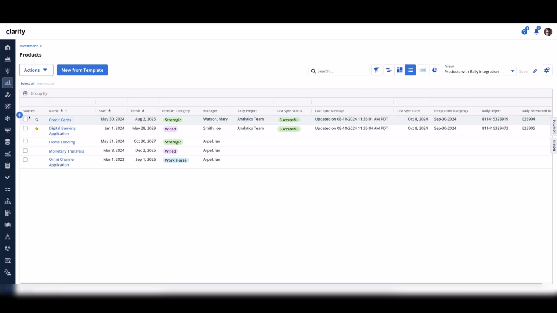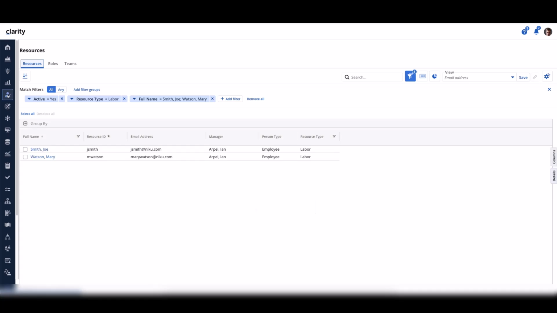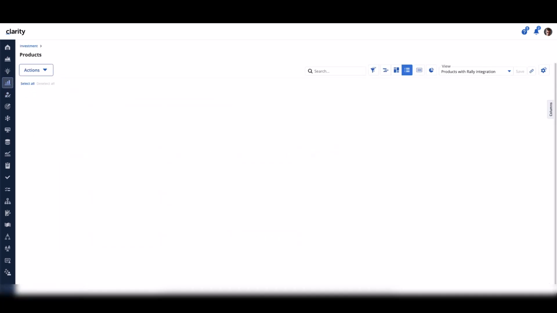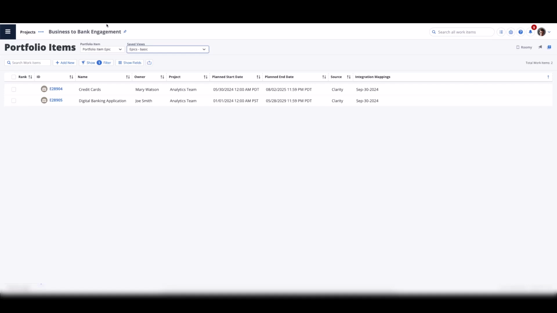So let me switch into the resource area. I want to show you the email addresses that are in place for those 2 users. I've just got some active filters going on here. You can see that for Mary and Joe, we're using a lowercase naming convention in Clarity as it pertains to the email address. Let me switch over to Rally, and here are my portfolio items.